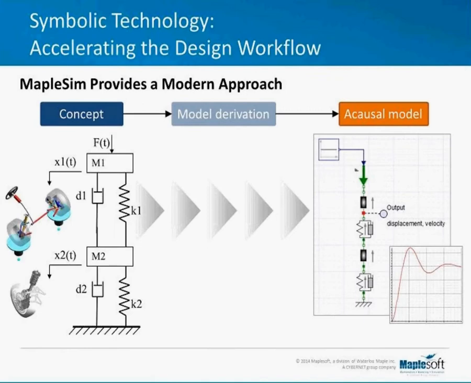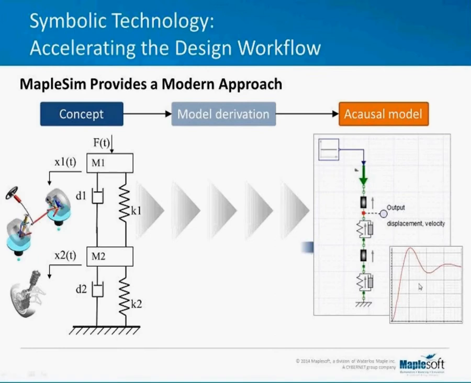Basically, creating models this way eliminates the model derivation part and makes that automatic by the computer. So MapleSim, as you can see on the model on the right-hand side, for this simple double spring damper mechanism, and a causal model in an environment such as MapleSim will basically have a one-to-one correspondence to the model that we started with. And that will make it a lot easier, faster, and more accurate in terms of bringing a concept to a dynamic model that can be simulated towards a variety of analysis, such as those that I mentioned